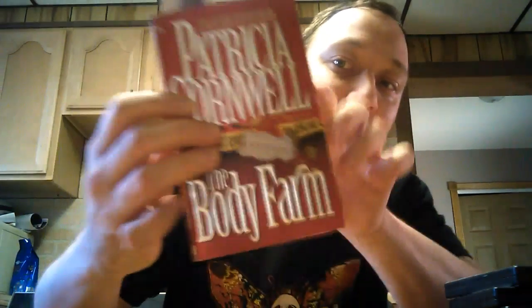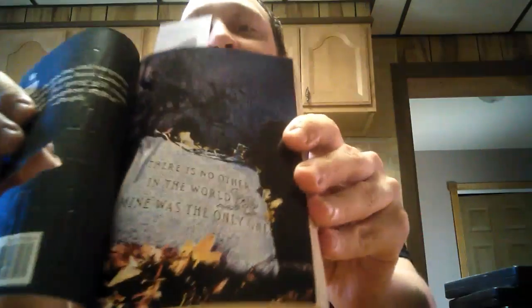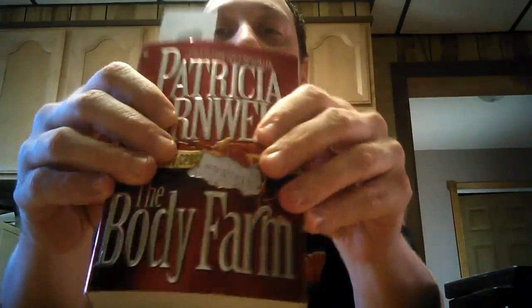So I started to read this one called The Body Farm. It looked pretty good. The case is cool here. You see the little cover and then you see the little gravestone marking inside. That's pretty cool. I'm 30 pages into this one so far. It's a little slow, but it's not bad. Just starting off. But I'm looking forward to finishing this one this week and seeing what I think of it. I also got from her